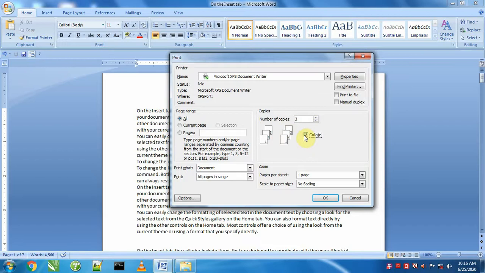But if this option is on, then the first complete set of all pages is created, and then the second set of the file will print, and then the third set of the file will print. No need to arrange pages in a set manually. But if this option is off, we have to set all the pages in sequence manually. So these are the commands to set the number of copies and to set the option of how we want to print data in a set or separate pages. Now we will do option.